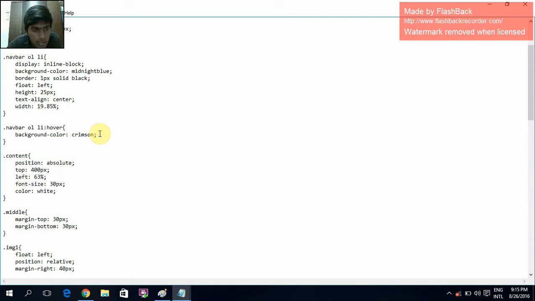So whenever I place the mouse over the option, it changes to crimson red. Now the position used for the content is the absolute position. So mostly everything will be absolute.